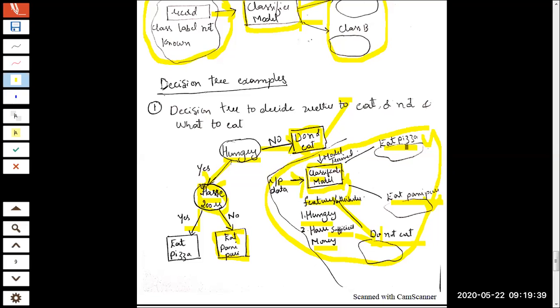The second point was you need to know the classes. What classes you will be utilizing, you should have that information, and you should train the classifier with that information. For example, here you have seen class A is eating pizza, class B is eating pani puri, and class C is do not eat. This information was available, and we have trained the classifier with it. Given a new situation, I gave a completely new record, and our classifier can make the required decision and put the record into the appropriate class A, B, or C.